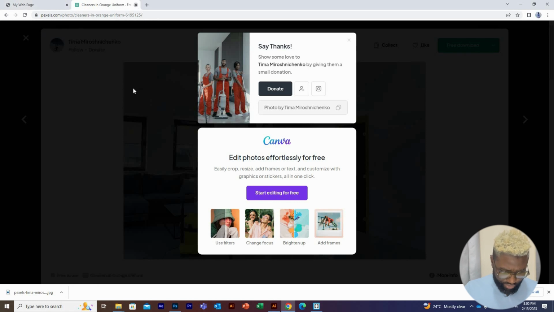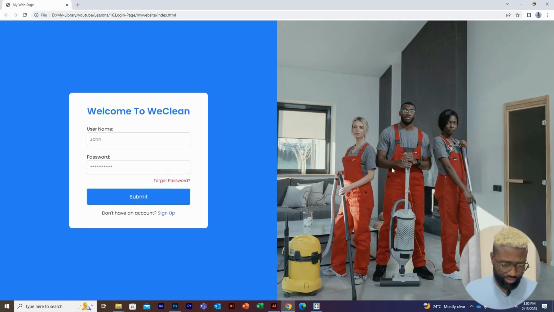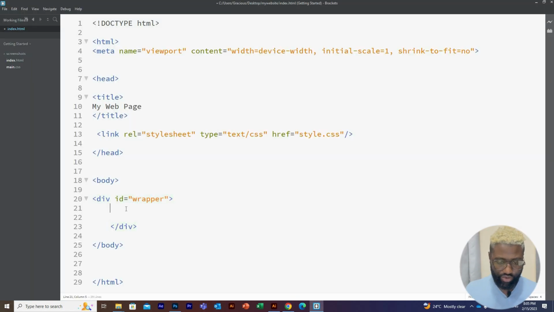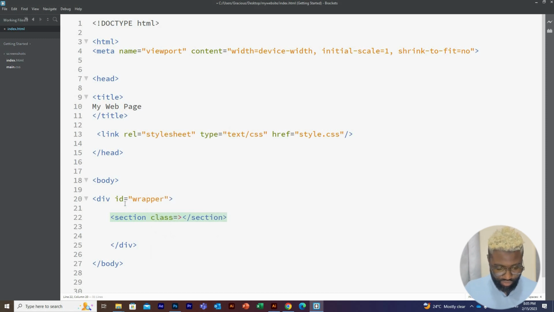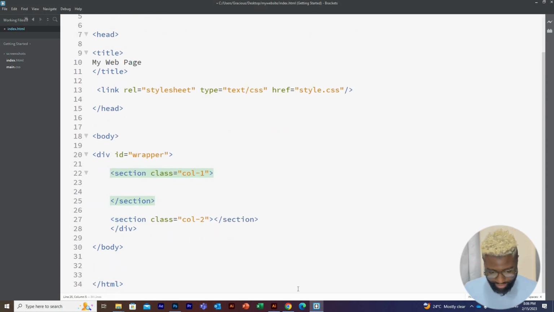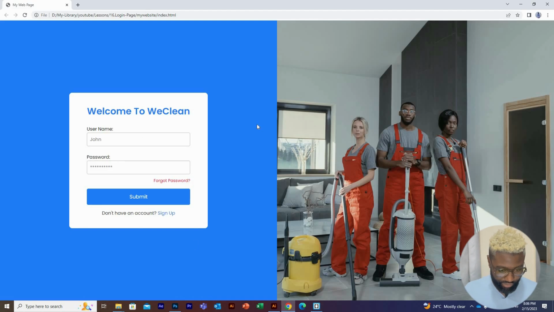So in the sample you can see we have, I will just close this, we have two different columns. Okay, so I'm going to create two different columns. So for that we'll have section, create a class. So inside that I'll have column 1. Okay, and then I'll copy this and then come down, and then I'll change this to column 2. Okay, so inside the column 1,